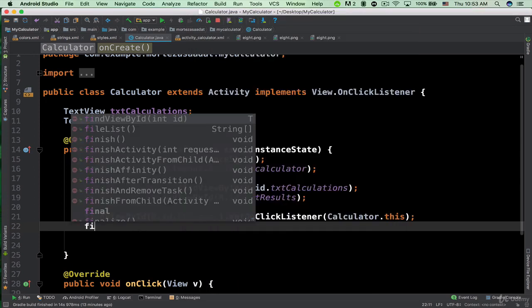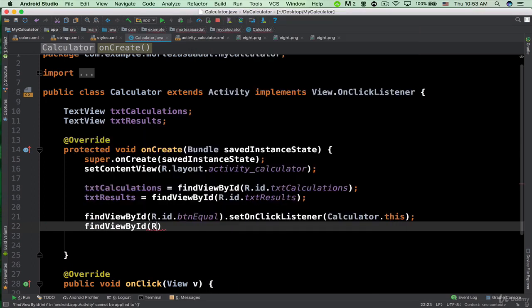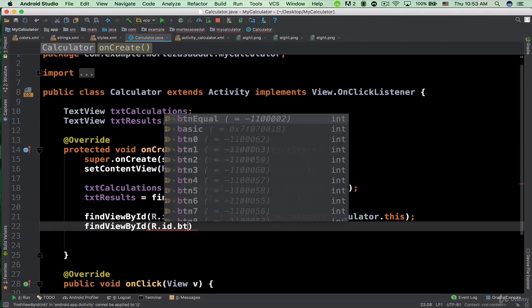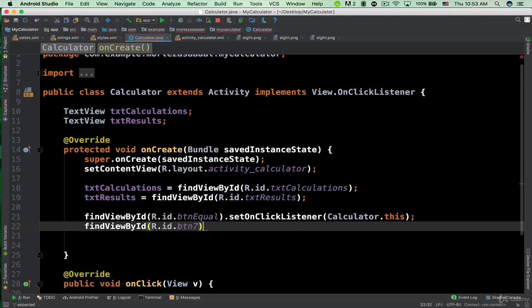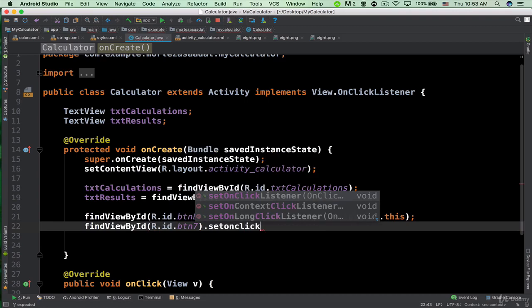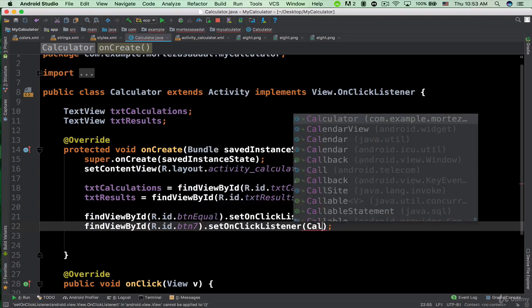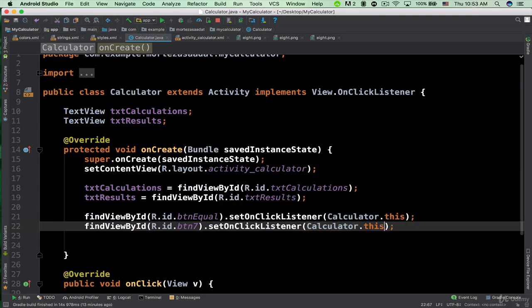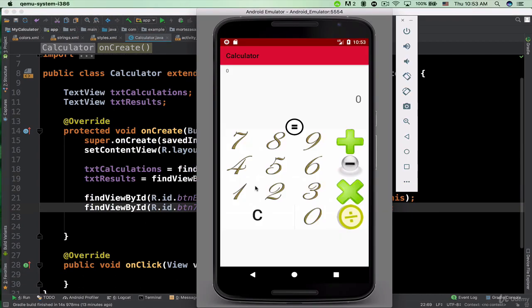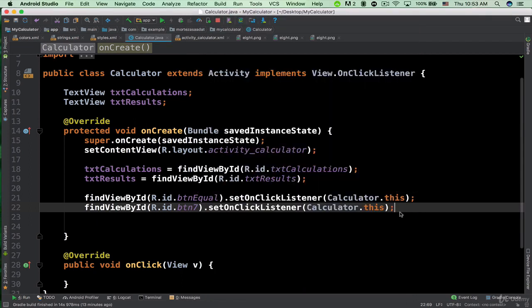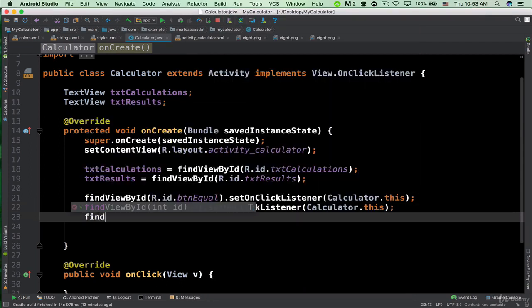So again, I'm going to say findViewById r.id.btn7 dot setOnClickListener calculator.this. Right? So I'm going to provide OnClickListeners for all of these components here. If you want to, you can skip this part of the video, and I'm going to just write them manually here. So findViewById, we have number 8,